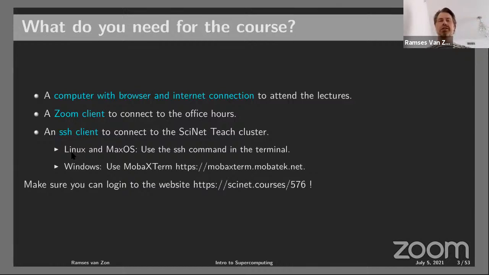If you're working on a Linux machine or a Mac, macOS, you tend to already have SSH as a command in the terminal. So you open a terminal and you can type ssh and then something behind it that I will specify in a second. If you're on Windows, it tends not to be standard. There are a lot of options where you can get a Linux-like environment in Windows. One that is particularly quick to get set up and works even with remote graphics is MobaXterm. So if you're on a Windows computer and you don't have SSH, download MobaXterm. There's a free version that works perfectly fine, and you'll be good to go.